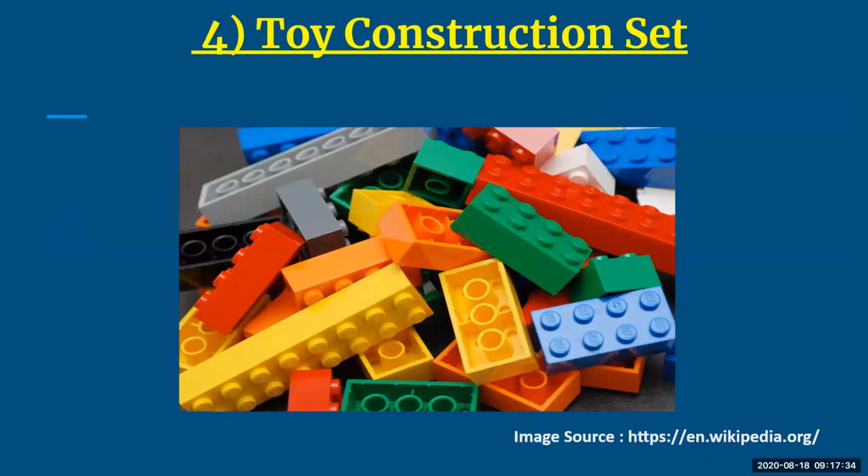Next is your toy construction set. This was something most commonly used to make any type of design or structure in our school days. It's also called a Lego construction set, wherein you just have to join all the different gears, hinges, or pieces together and come up with some model. We always wished to create a working model, a car, a building, a movable model, using the toy construction set. This is also one of the easiest ways to design your prototype.